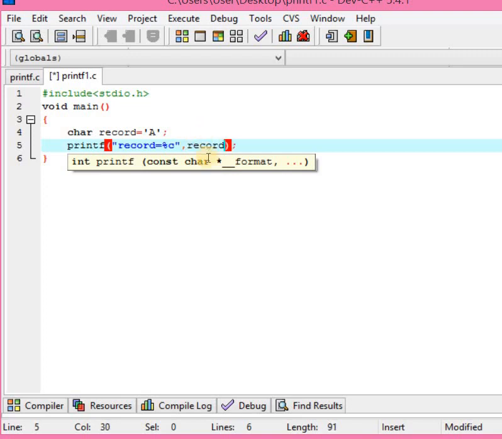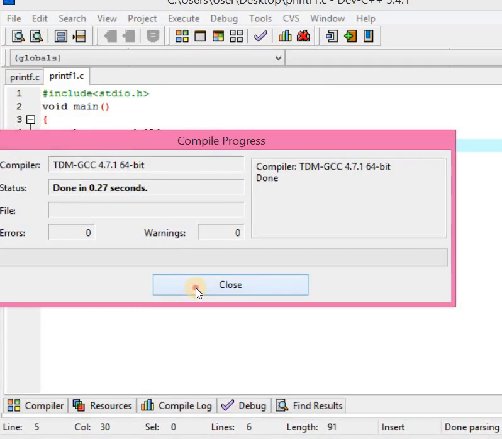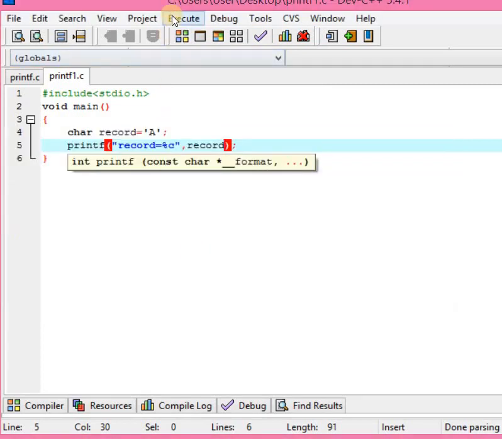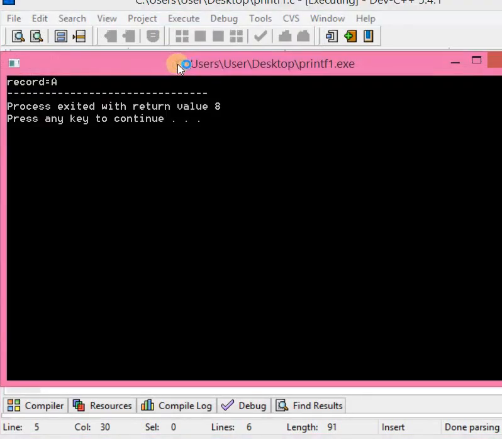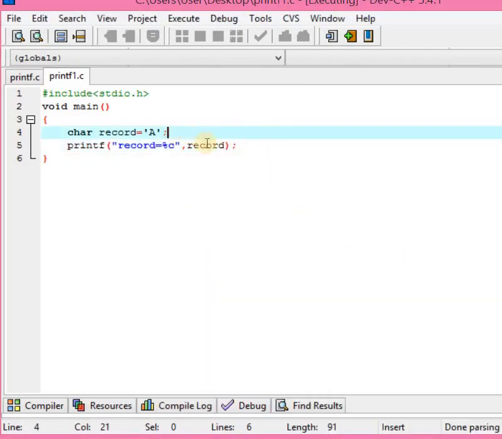Again save the program, execute, compile, no error. After that run the program. Here is the output. For record it prints A.